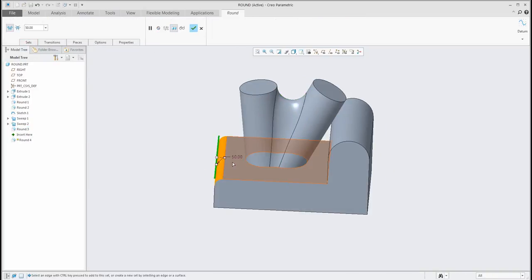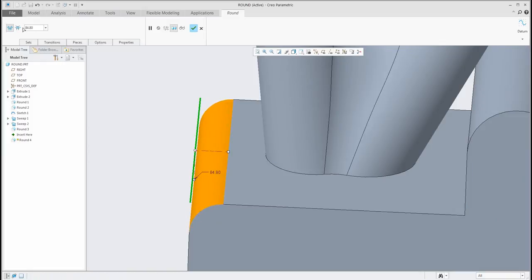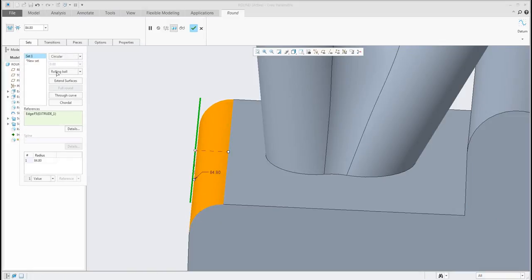Again, maybe some example, what does it mean and how it works. Over here you can see that it's rolling ball. It means the system will create the round feature, how you will roll the ball on the radius 80, because it's a circular. But in the sets it is possible to create the different kind of the connections, and